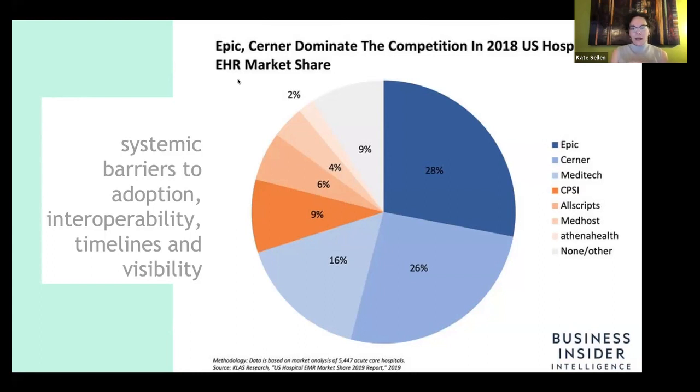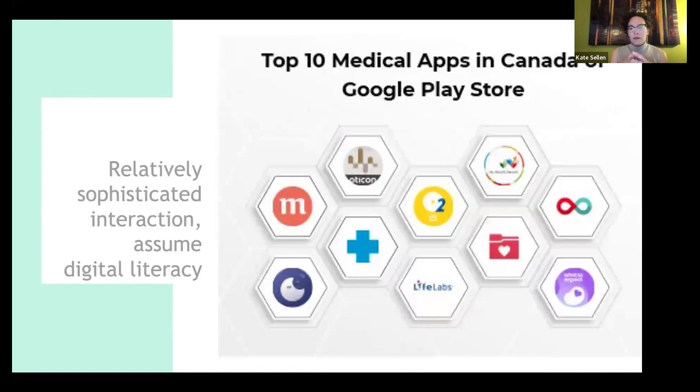On the other side, we have the app landscape. And I'm sorry for the fidelity of this image. These are the top 10 apps in Canada currently, if in the Google Play Store. There are many others, but these are the top ones. And while there's a lot of opportunity for mobile apps to play a big role in the sort of landscape of clinical care and the landscape of patient caregiver management of health and wellness, we are currently seeing what could be described as a sort of a separation, or a kind of an issue around access and